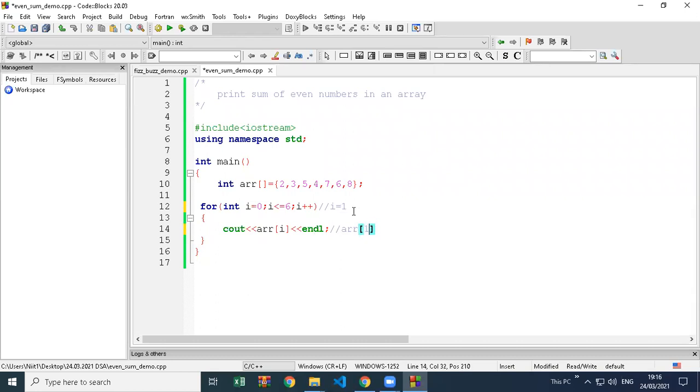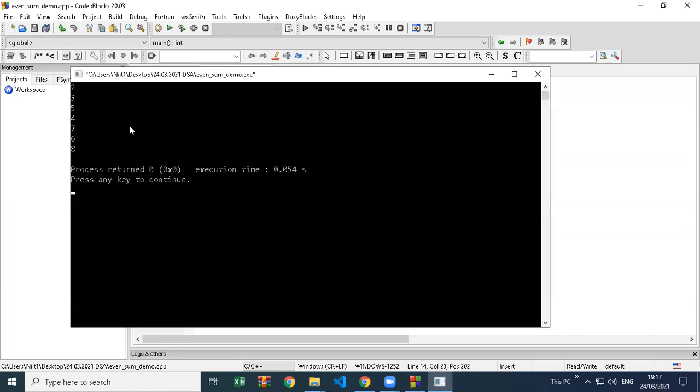So ARR of 1. Then next I value is 2. So ARR of 2. So ARR is written here. You don't have to write there. I is a simple integer variable which is just giving you numbers from 0 to 6 position. And these 0 to 6 positions are nothing but your array index positions. So loop is giving array index position and inside that loop we are printing all numbers.